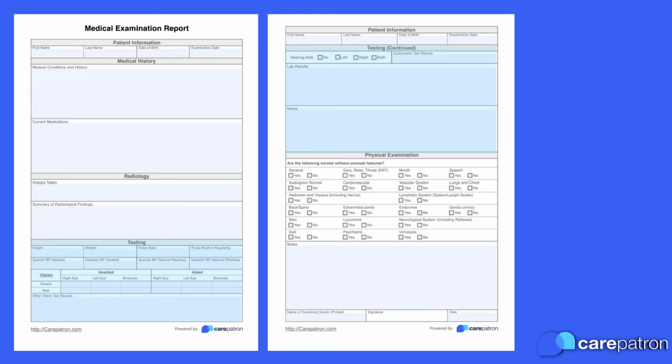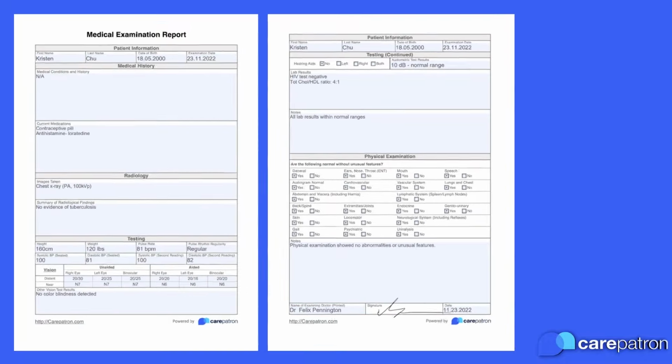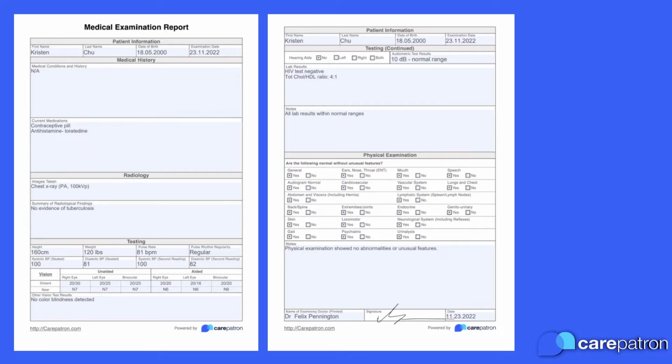Please note, if any of these sections are not required for your patient, feel free to leave them blank. The last section is for the results of the physical examination and any additional notes you have. Finally, sign the form and ensure you store it securely and only share it with those you are authorized to do so. If you'd like, feel free to pause the video to take a look at our sample medical examination